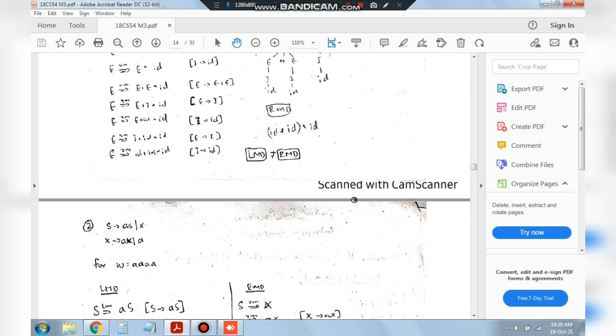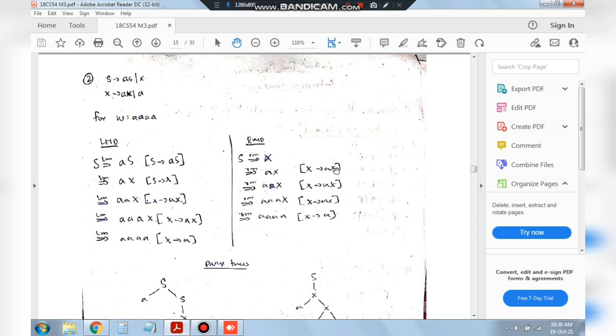Okay, let's move to the second question here. This is the rule which is given to us, and this is a string which we have to generate, and LMD, which is the leftmost derivation. Starting from the leftmost derivation, first write S is equal to aS, and then if I have to generate this thing here, a, what we're doing is a and S is written here, S is substituted as X. Okay, so see here, there's an option, right? S goes to aS or S goes to X. Okay, so I've written here S as X.